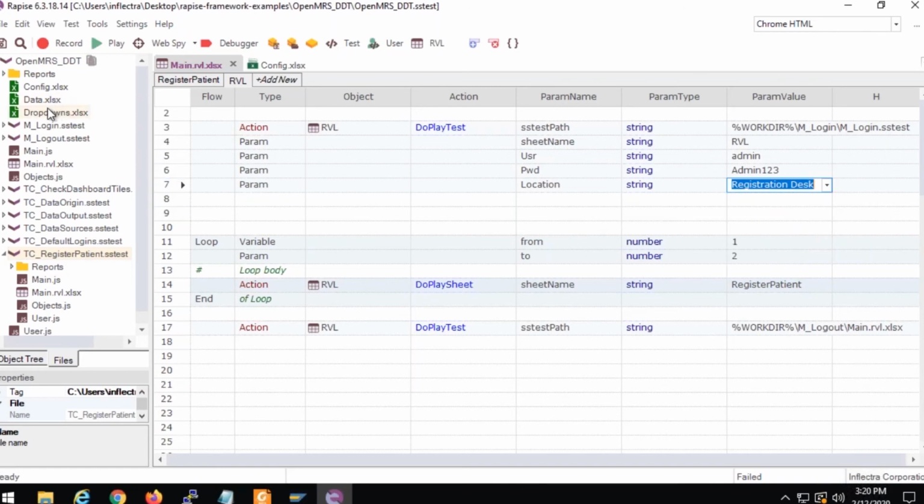It's as easy as creation of a file dropdown.xlsx. It's a predefined name. And if you have such a file in your test framework, so